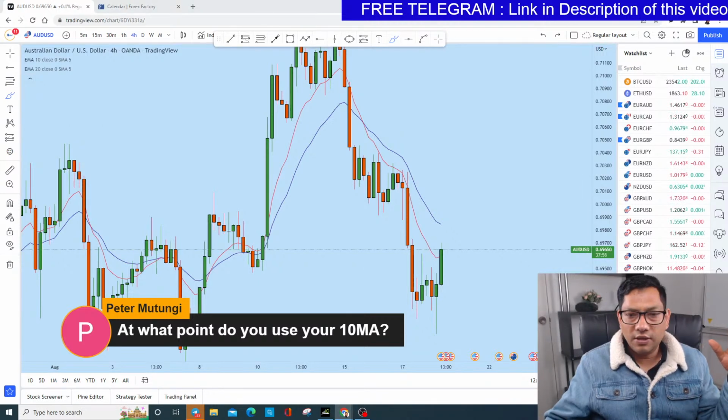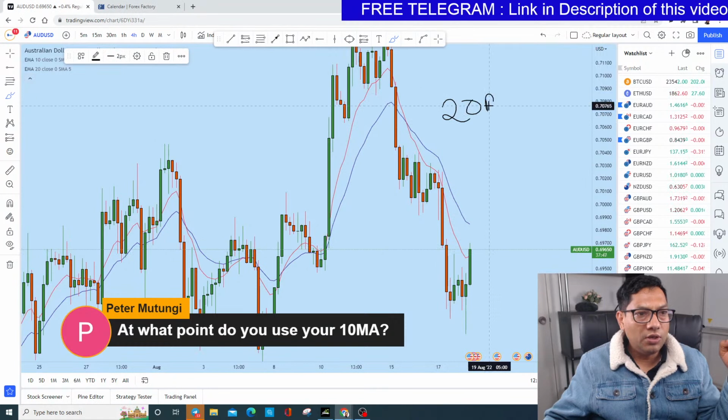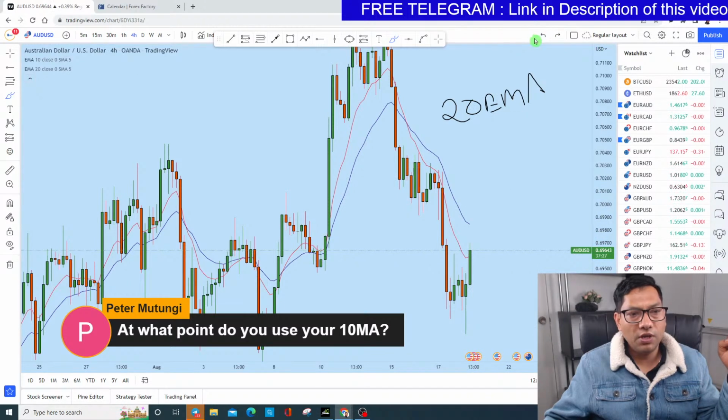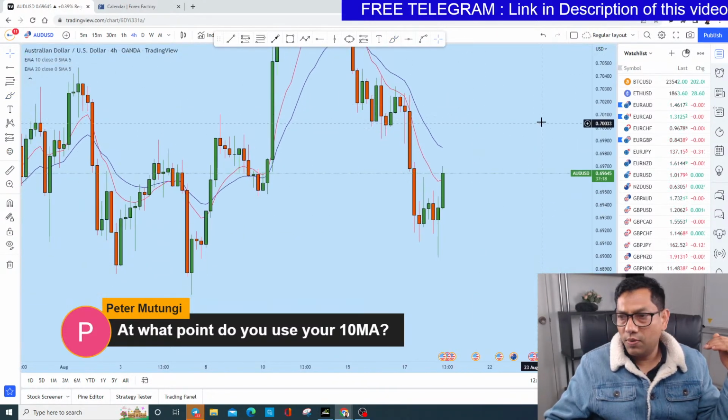The reason is, you see that sometimes the 20 period moving average, the 20 EMA, is used as what I call a rubber band. So when the price is away from the 20 EMA, it acts like a rubber band. You see the price pushing up to the 20 EMA. Whenever the price came well below the 20 EMA, it aggressively pushed up to the 20 EMA. So that's how the 20 EMA works. When the price is away from the 20 EMA, the price normally pushes towards it.